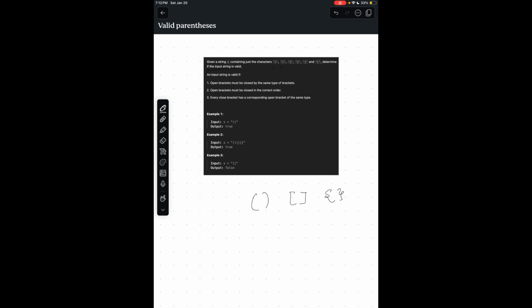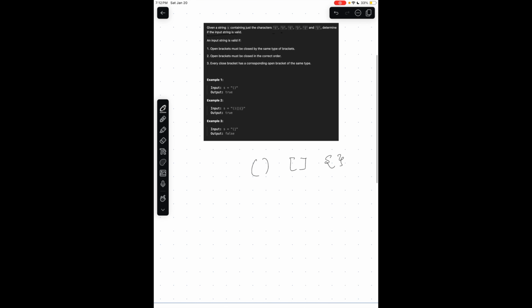Open brackets must be closed in the correct order, which means that this should not be the case. Like this opening bracket is not closed by the same kind of bracket, so this is not a valid parenthesis. It's not in the correct order. This is in the correct order,